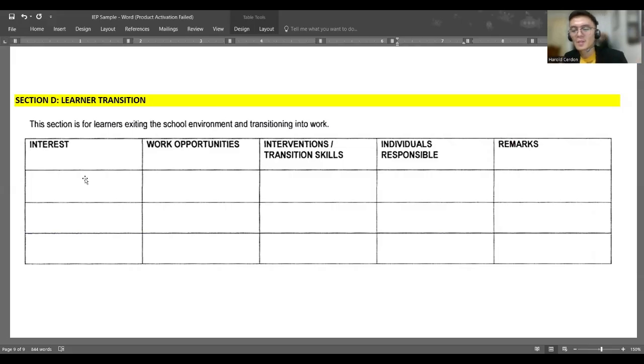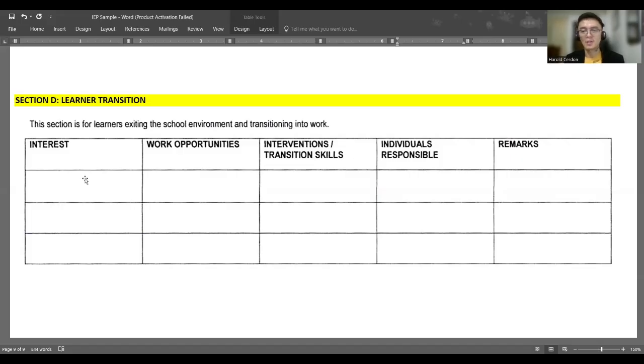The target interest there pertains to the target area that you want to address. Here, the interest pertains to the child's interest. So usually, whenever we plan for our future work, we consider our areas of interest. For example, if I'm interested in plants, the work opportunities that I'm going to consider are something related to plants. For example, farming, gardening,